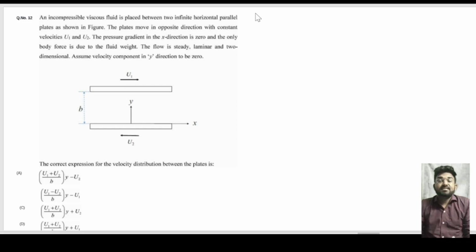I am currently running this series on the Navier-Stokes equation. Recently I derived the Navier-Stokes equation, and now I am switching towards the numericals of the Navier-Stokes equation. I don't think a lot of students understood the derivation, but don't worry about it, don't bother about it. The numericals of this equation are actually very easy. You may find them very easy compared to the derivation.